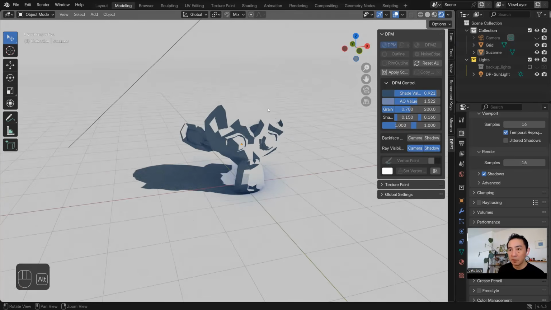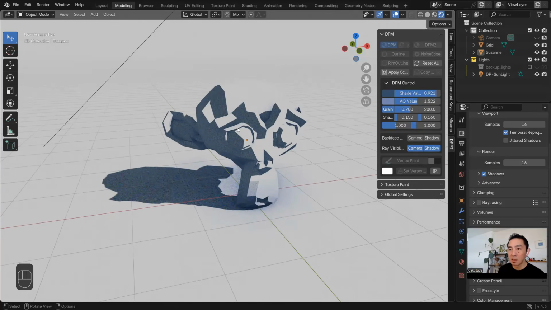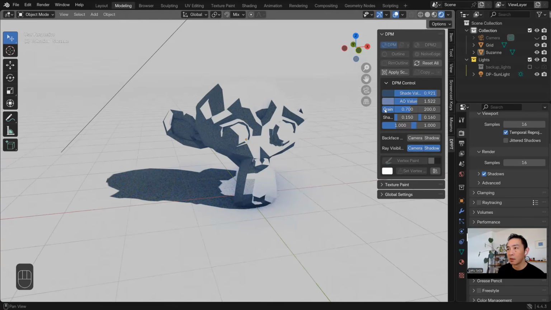By default, the grain is turned on, but you can turn it off with this button, grain, and you have a control to change the size, value, and stuff. And also the shading control here.